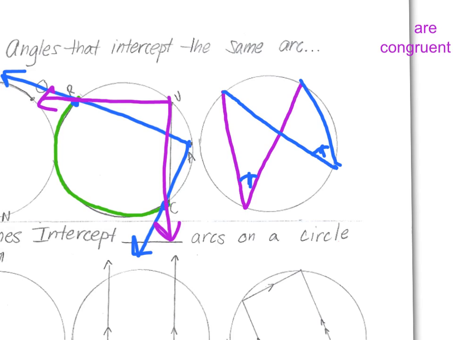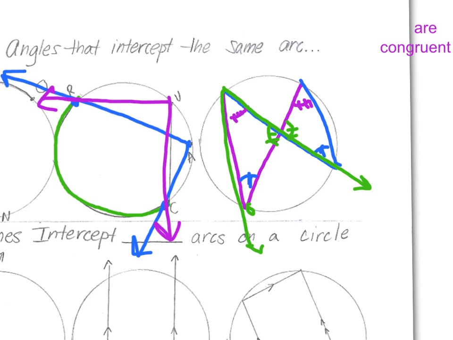Now you'll probably also notice that these two are vertical angles, and those must be congruent. So using the third angle conjecture, we know that these must also be congruent. And then if you look at those two, let's extend the angles, the segments of these